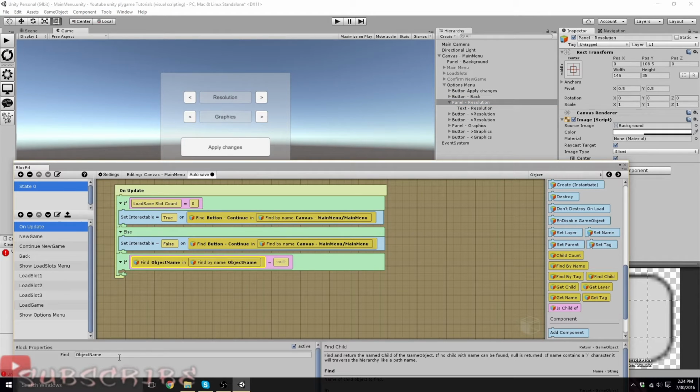So if panel, if text dash resolution, okay, so if text resolution, find by name, canvas dash main menu slash options menu. If this equals